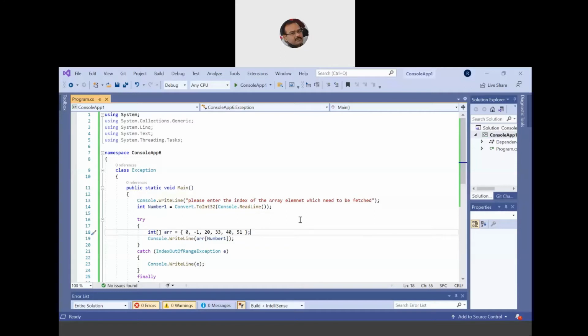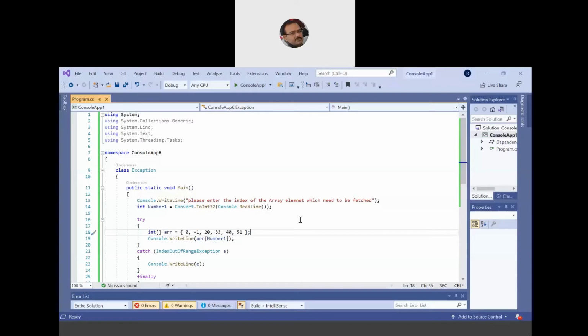But if I'm not sure which is the most appropriate catch block, then in the last catch block I should make a call to the superclass of the exception, what we call Exception. Exception is the superclass in the entire hierarchy, and that will handle all the exceptions. But that should be the last solution and not the first solution. It means in the very first catch, I should not make a call to the superclass Exception, but in the last, I should. In between, I should try to handle on my own.